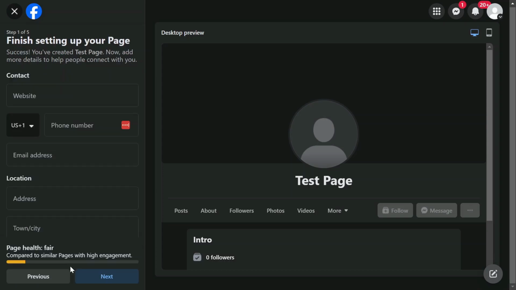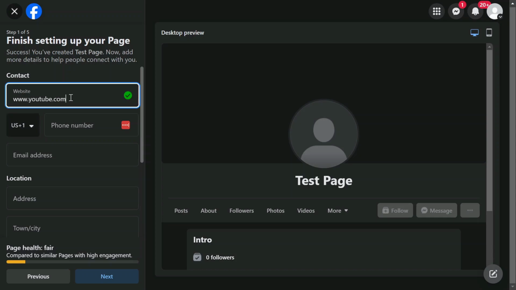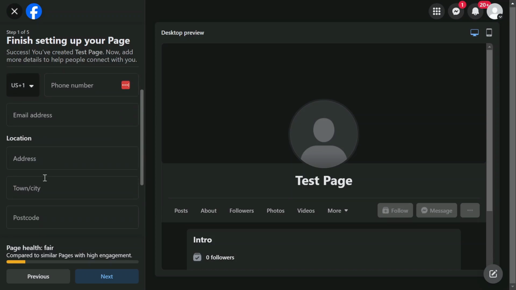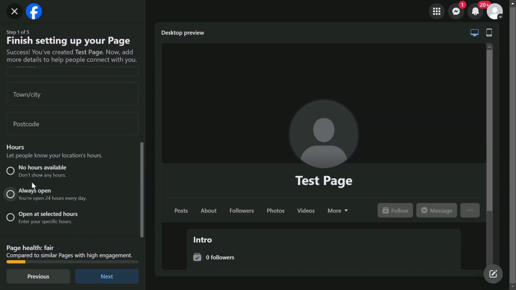and then click create page. Since this page is for your business, you must add a website here. I've just added the website youtube.com, but of course you will add your own business website. Add your telephone number, email address, and then your business address, then town and postcode,